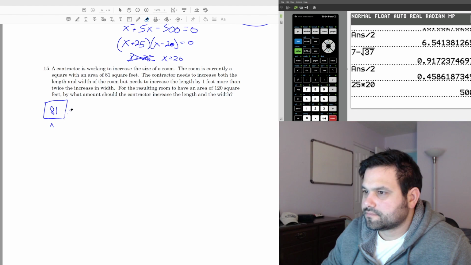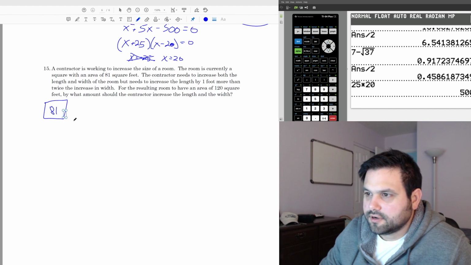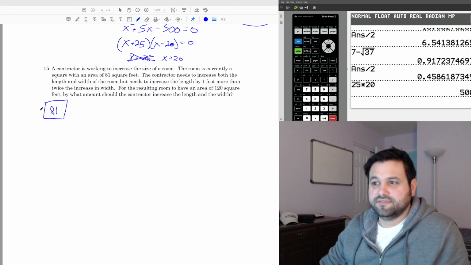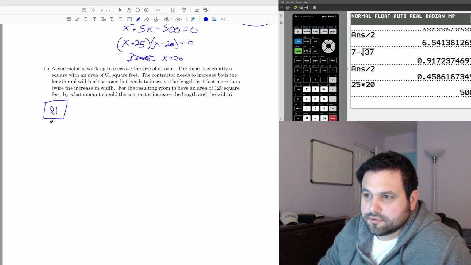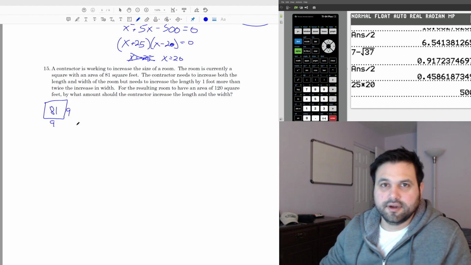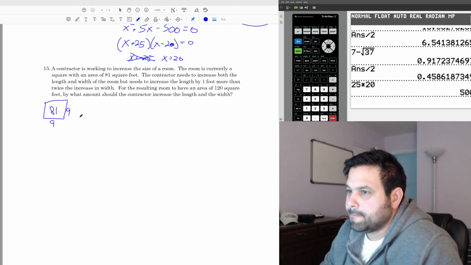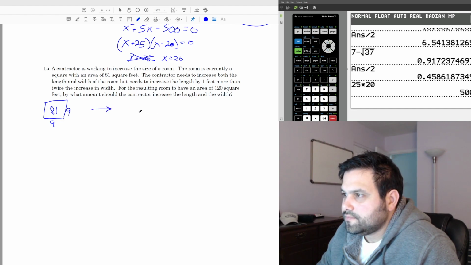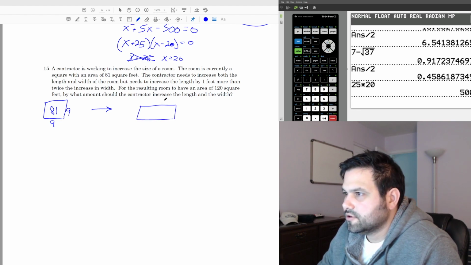So I don't need to label those x's because those are not unknowns, right? This is a square, so I should know what the dimensions of these are. The square root of this would be 9, right? 9 times 9 is 81. Okay. So now what we're talking about is we are taking this and we're turning it into a different shape, more like a rectangle or who knows,